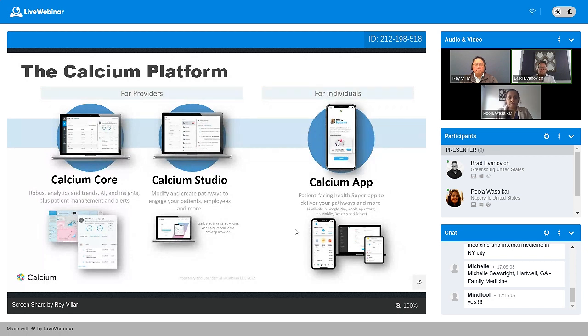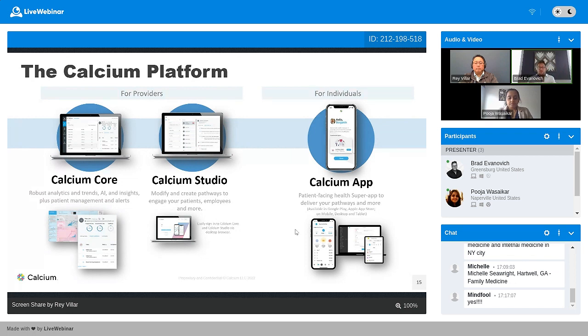You could create one pathway, you can create a million pathways. You could send a pathway to one patient, you could send it to a million patients. The data set Calcium Studio is eliciting is truly infinite. And this is where we see AI really helping write and curate those pathways or care plans. The third component is the Health Super App.